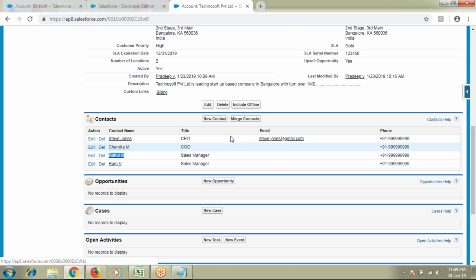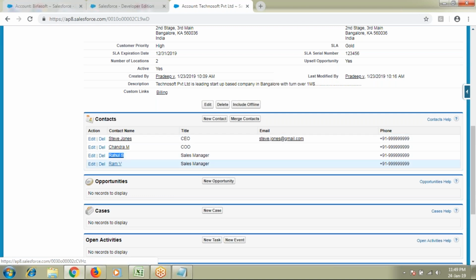By the concept called merge contacts. Earlier we have seen merge accounts, where we can merge accounts having a similar name. But coming to merge contacts, there is no need for a similar name. You just have to check if any person is resigning and if there is some other person replacing them, then you have to merge both the contacts.